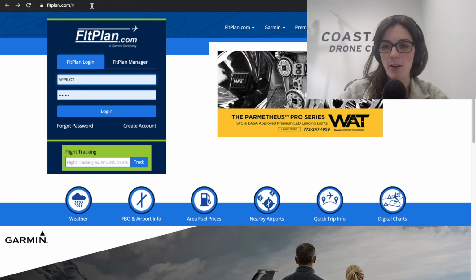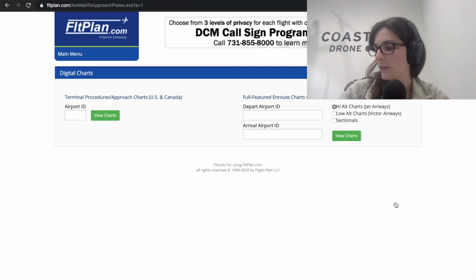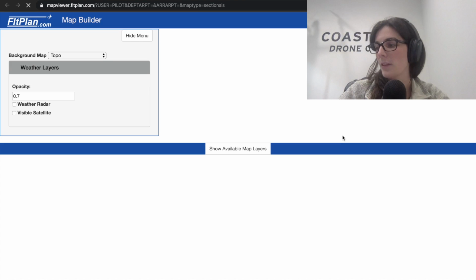So if you go to that flightplan.com link, fltplan.com, on that main page, go over to the digital charts tab, on the far right of those little icons towards the bottom of the page. So click on digital charts, and this is a US website. So they don't call their VTAs and VNCs, they call them sectionals and TACs. So you'll click on sectionals, that's a VNC. Don't have to fill out any of the other information. And it will load up this,